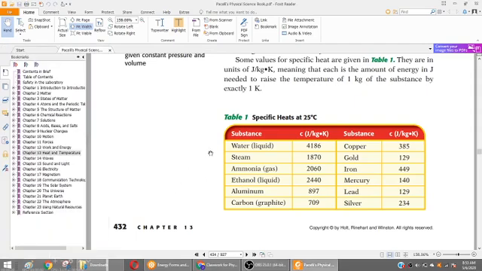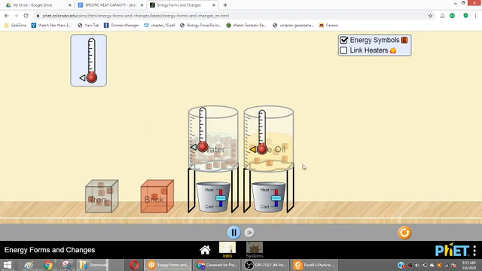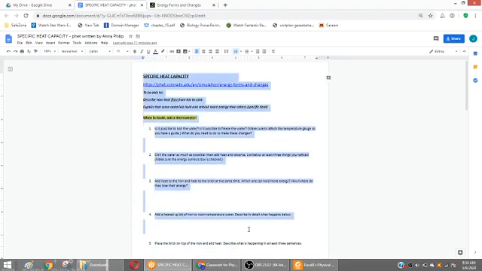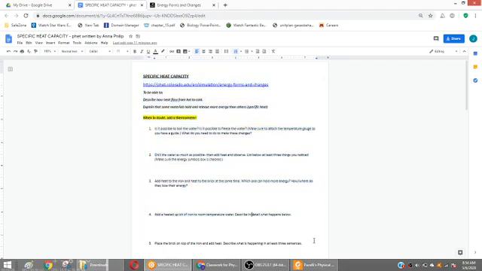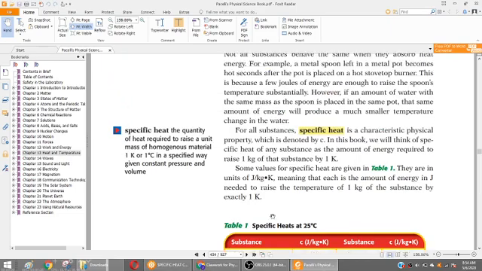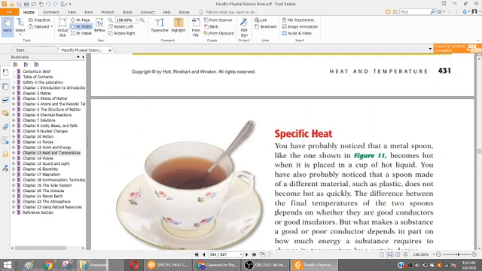All right, students, we're going to be investigating specific heat capacity with this simulation. The directions are going to be in the handout here, which you should make a copy of. You have this in your instructions in Google Classroom to make a copy of and share with me. Or you can highlight all this stuff and copy and paste it into your distance learning portfolio. The section of the text where this is around begins on page